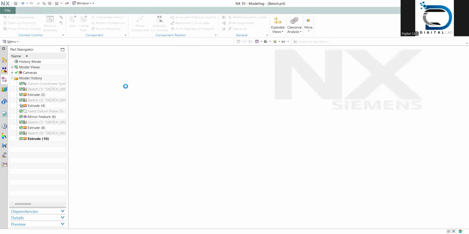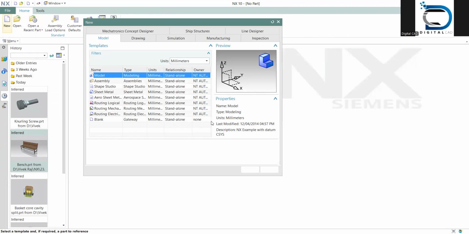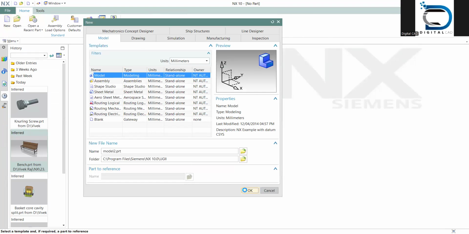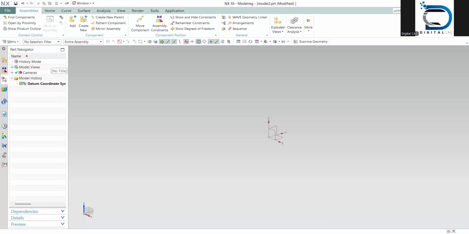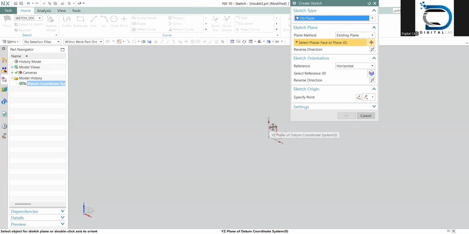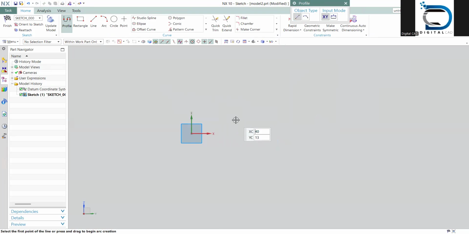Let's close this file. Just create a new file. Just say okay. So for this, we need to create two sketches. So I will use this particular plane and I'll just say okay, and I will turn off auto dimension, and then